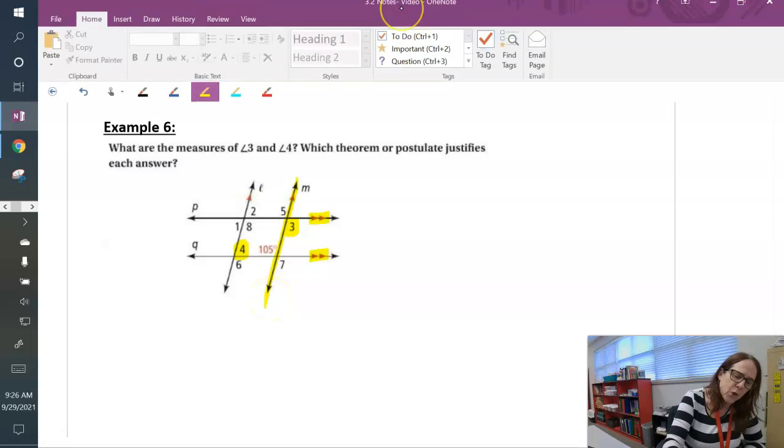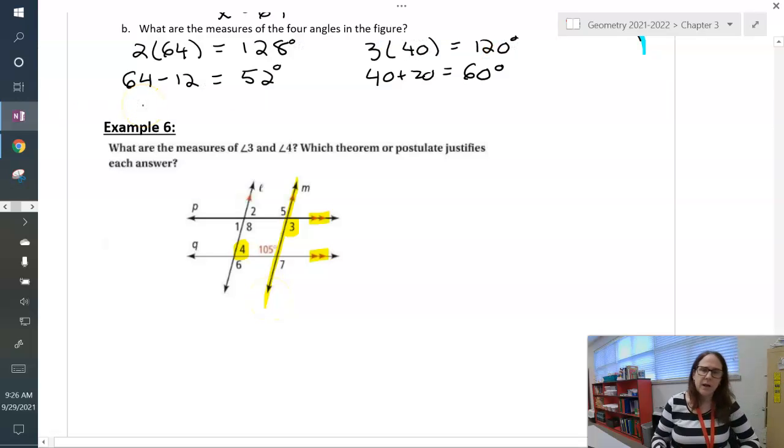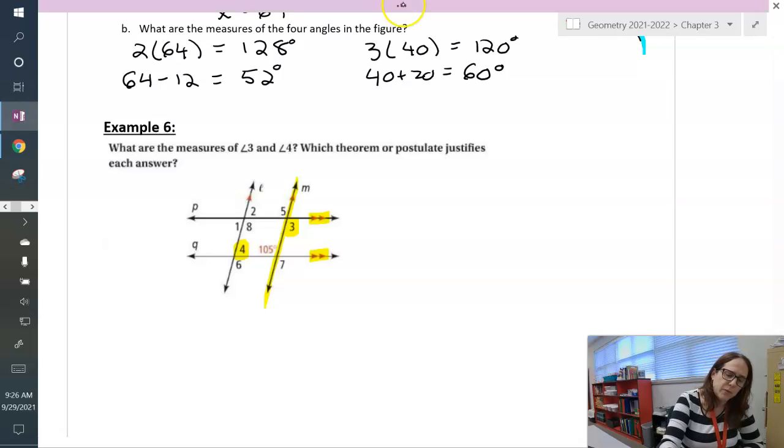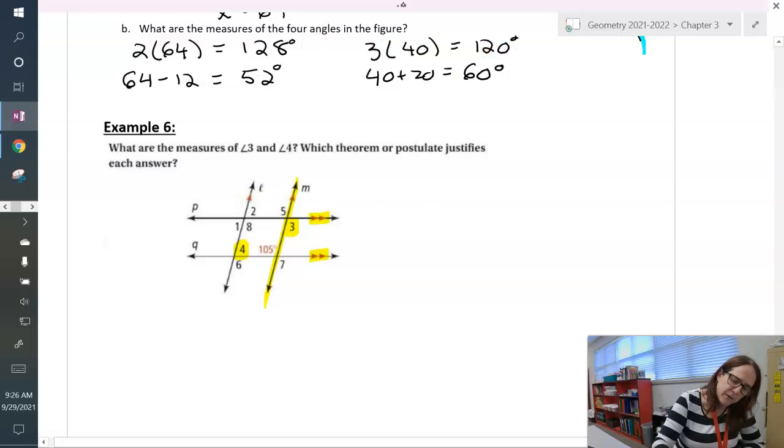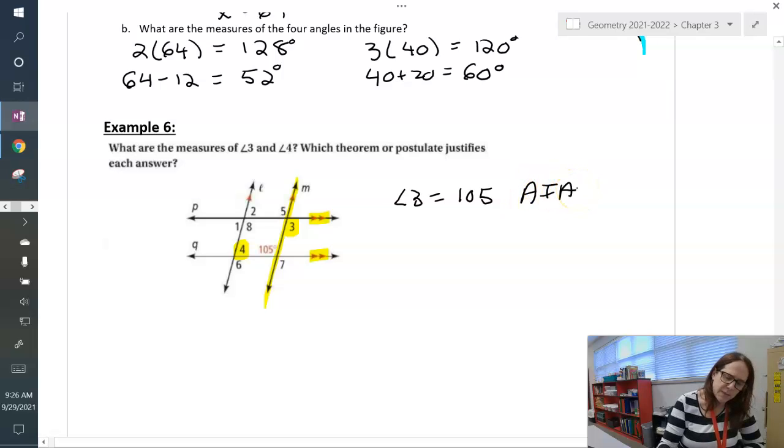I see that angle 3 is AIA with 105, so it's an alternate interior angle with 105. So angle 3 equals 105 by AIA. And then angle 4 is the same side interior with 105, so angle 4 equals 180 minus 105 equals 75,